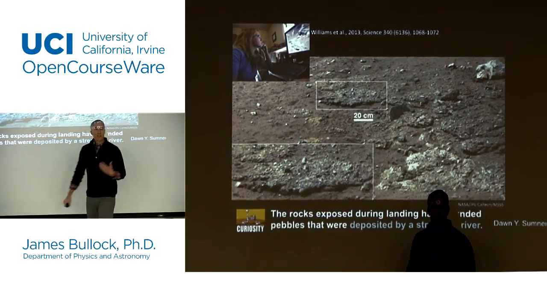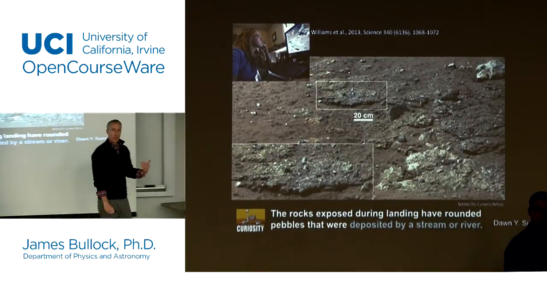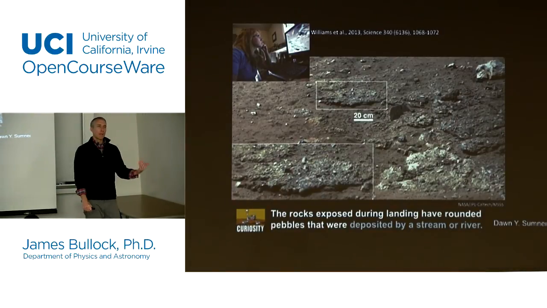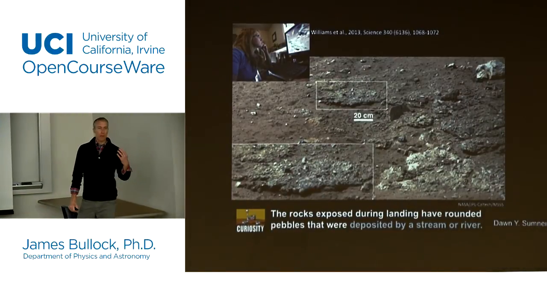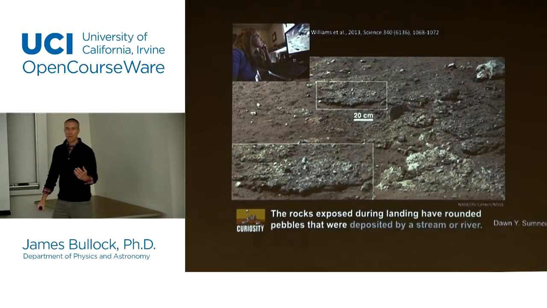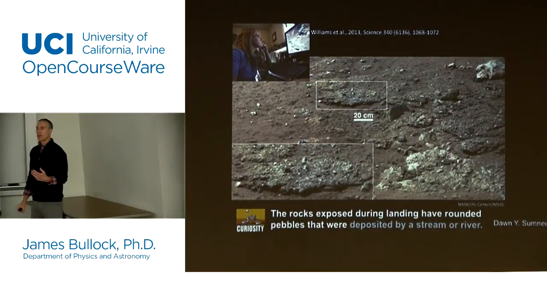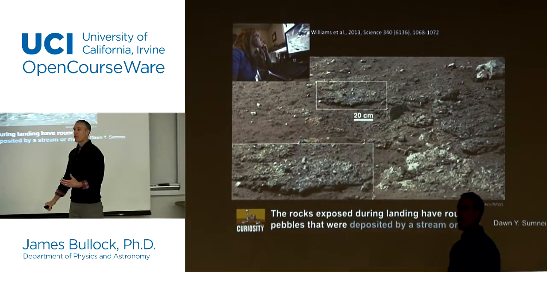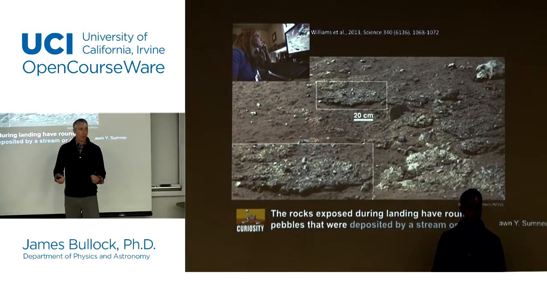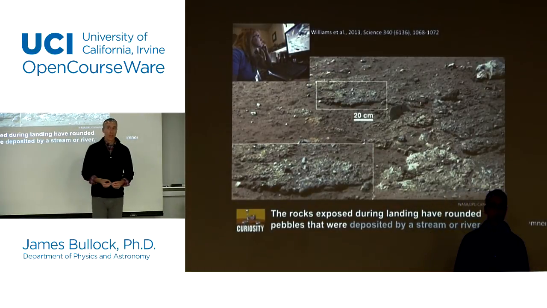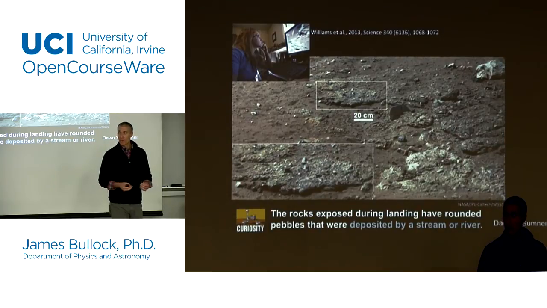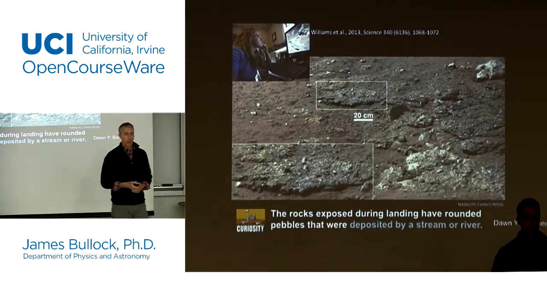If so, this is very, very important because it means that probably in the past there was flowing water on Mars, probably had a thicker atmosphere, probably was a bit warmer than it is now, and under those conditions you would ask yourself, well, maybe life got a foothold a couple billion years ago on Mars and just didn't evolve to the point that it has on Earth because conditions change so much over time.